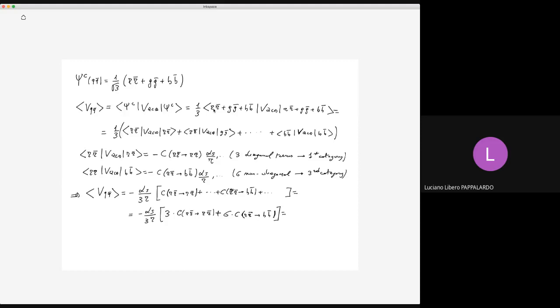And so we have minus alpha S divided by 3R. And then we have 3 times 1/3, as we calculated yesterday, plus 6 times 1/2. And the result of this is minus 4 divided by 3, and then alpha strong divided by R. And so we can now write down our phenomenological non-relativistic potential for QQ bar systems,